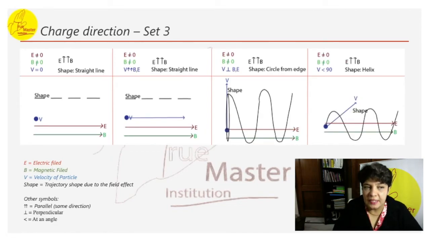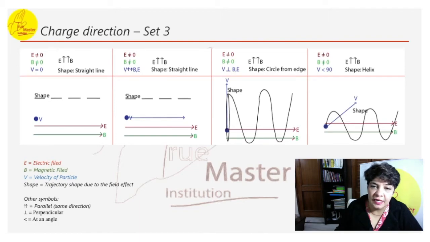In this slide, we have both electric field and magnetic field. They both are not 0. They both have certain values, represented with the lines in maroon and green color. This is the electric field in maroon color, and the magnetic field is shown in green color. In case 1, both the electric field and magnetic field are in the same direction and parallel to each other. In fact, for the complete slide, they both are going to be parallel to each other.